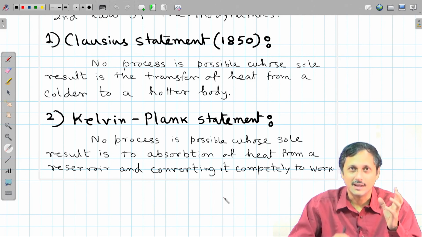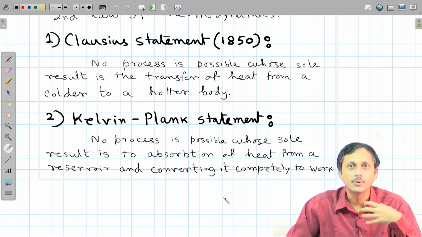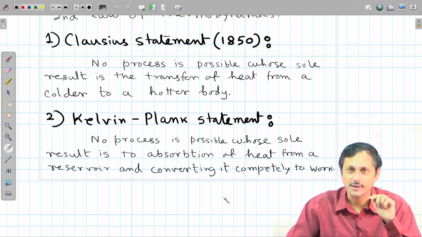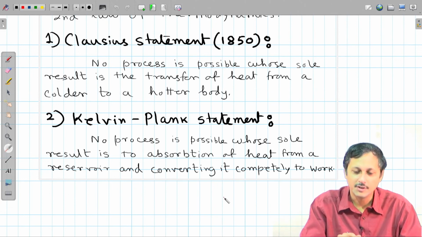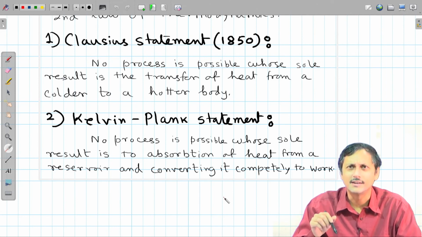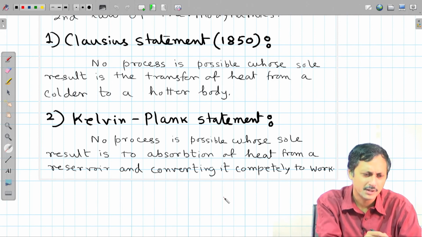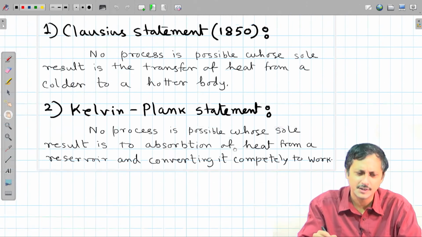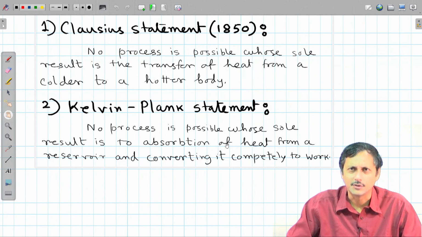So, that means, in an ideal heat engine the heat output to the sink Q2 is equal to 0, and the efficiency is 1 minus Q2 by Q1, and if Q2 is equal to 0 then the efficiency becomes 1. So, the Kelvin-Planck statement discards the concept of an ideal heat engine. So, the Clausius statement discards the concept of an ideal refrigerator and the Kelvin-Planck statement discards the concept of an ideal